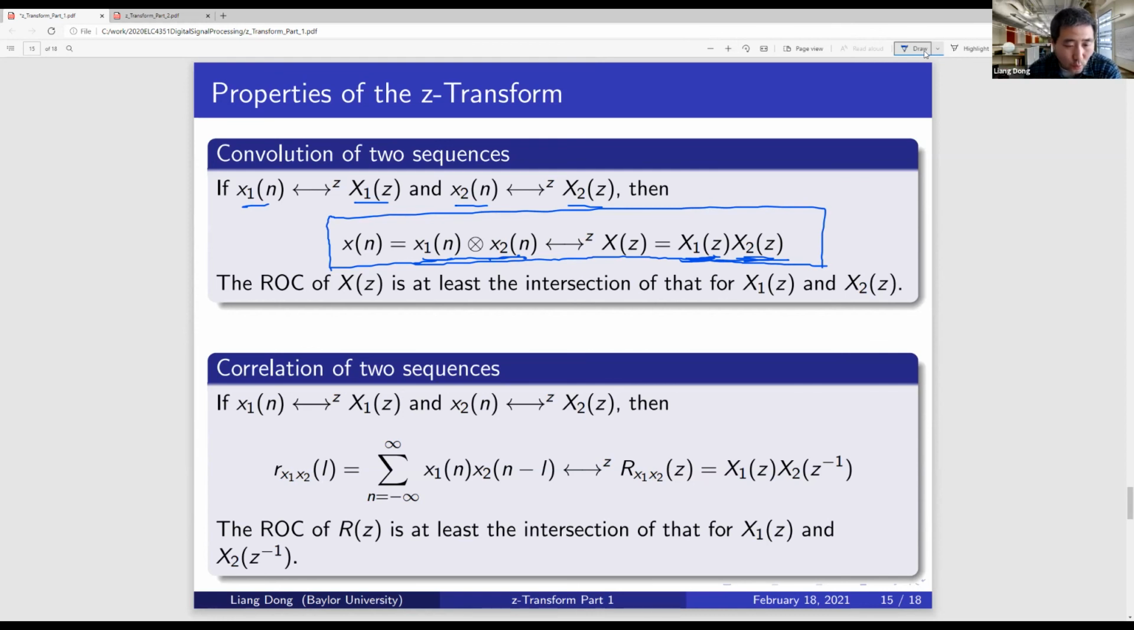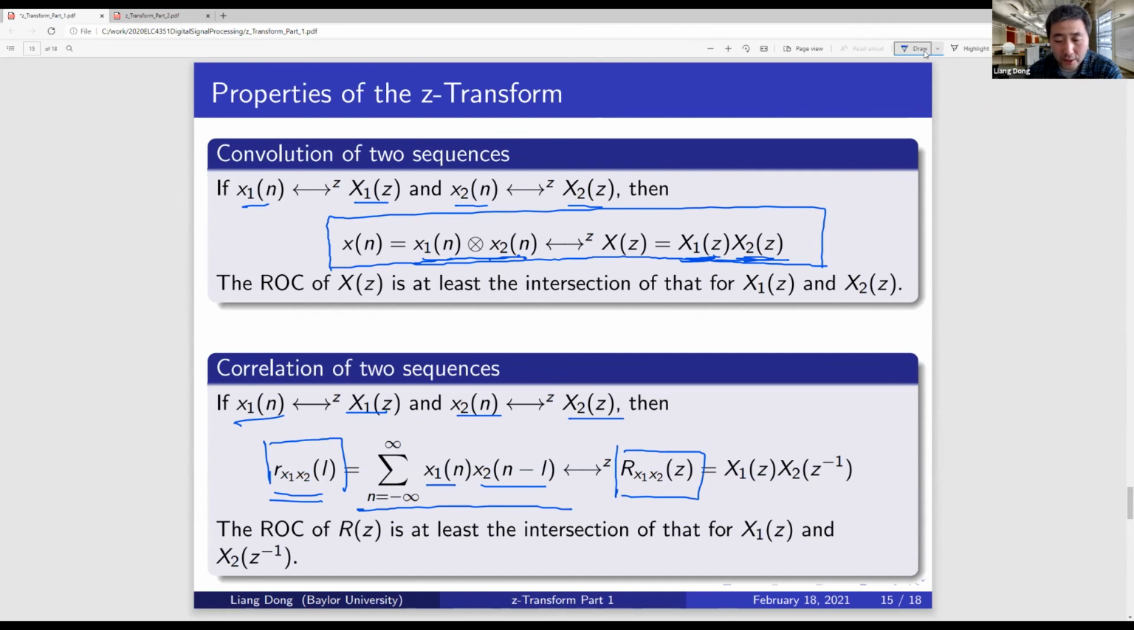So correlation, x1, x2, then the cross correlation of x1, x2, which is here. Now, this is almost very similar to the convolution. The only difference is that I have x1 here, and here I have x2. Instead of L minus n, that's convolution, I have n minus L. That's correlation, cross correlation. So according to this Z transform property, the Z transform of this cross correlation